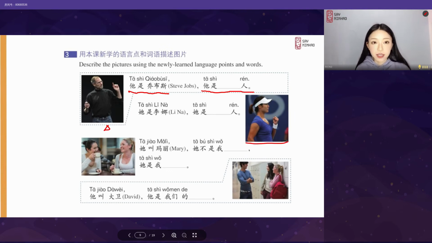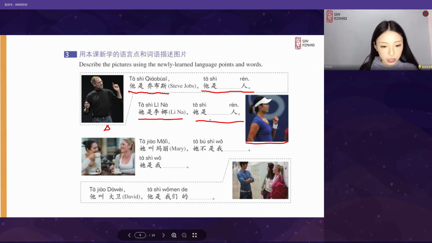Okay, next sentence. Who is she? She is Lina, a tennis player. And here is the sentence. 她是李娜。She is Lina. Which country is she from? She is from China. So let's fill in the blank. 她是中国人。Very good. 她是中国人。